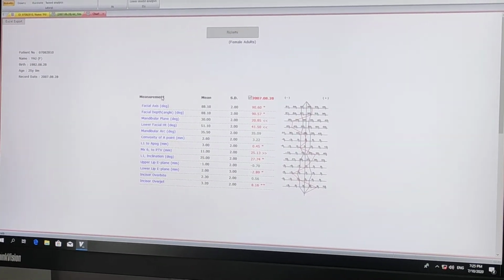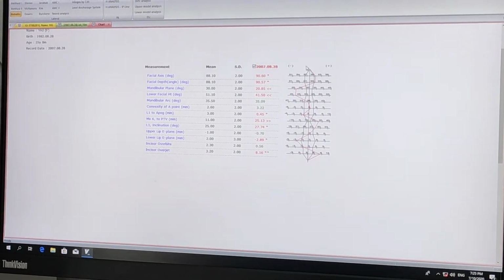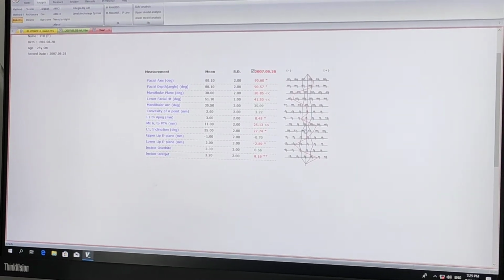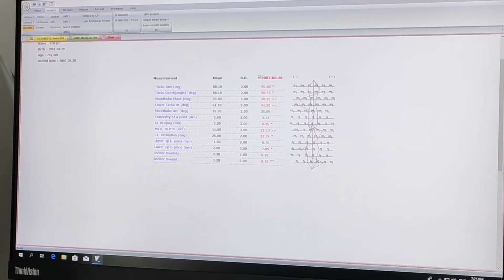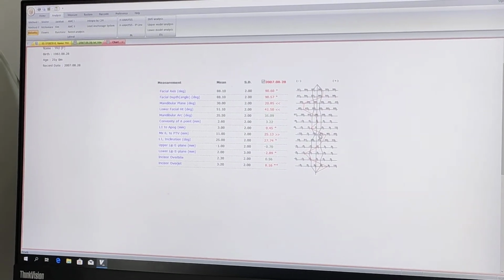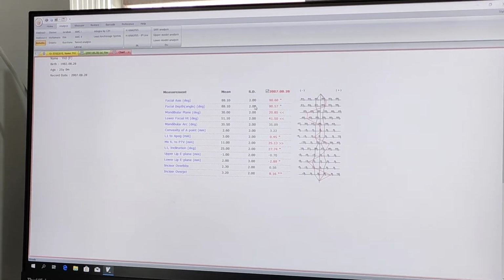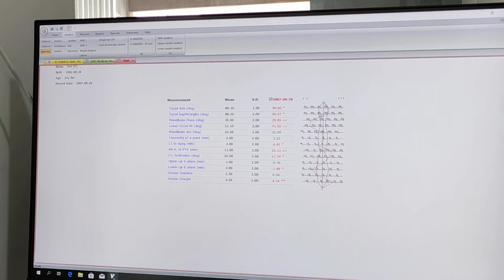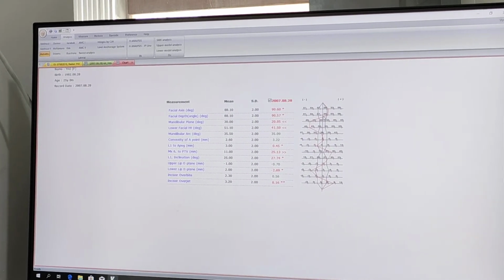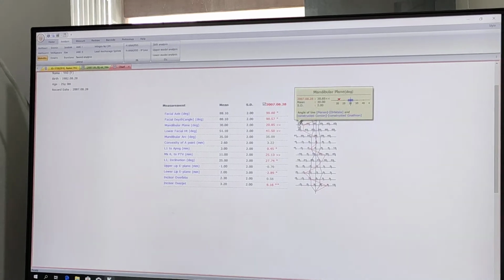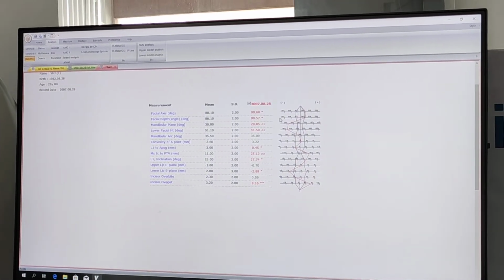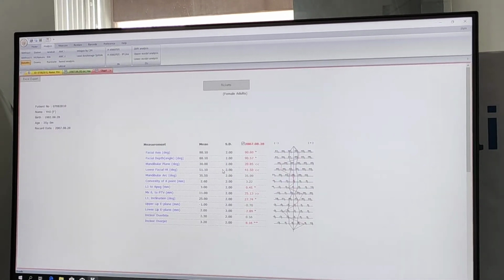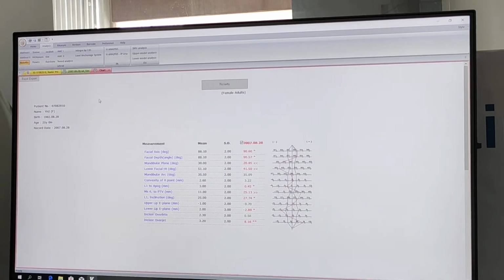The analysis shows the mean line, and the red line talks about the mean deviation, what deviation we are having, and then you have a standard deviation. So it totally depends upon the doctor how much standard deviation is okay, or how much standard deviation is a matter of concern.